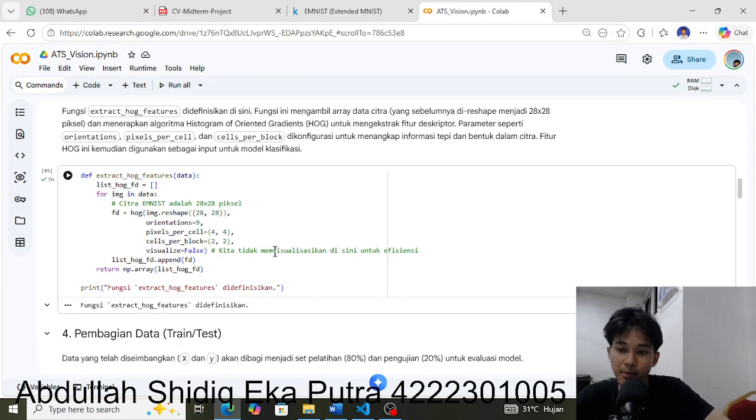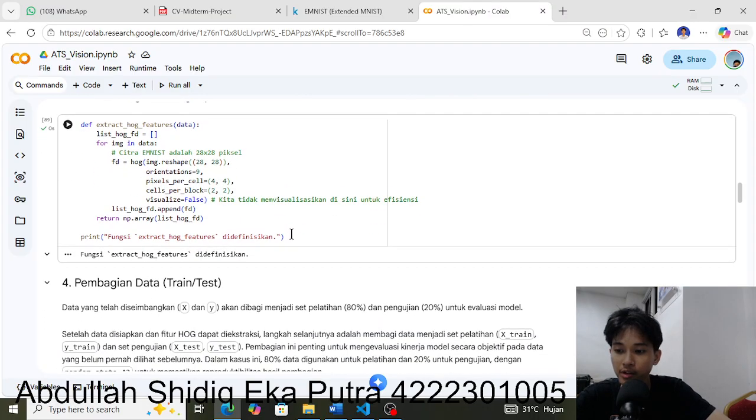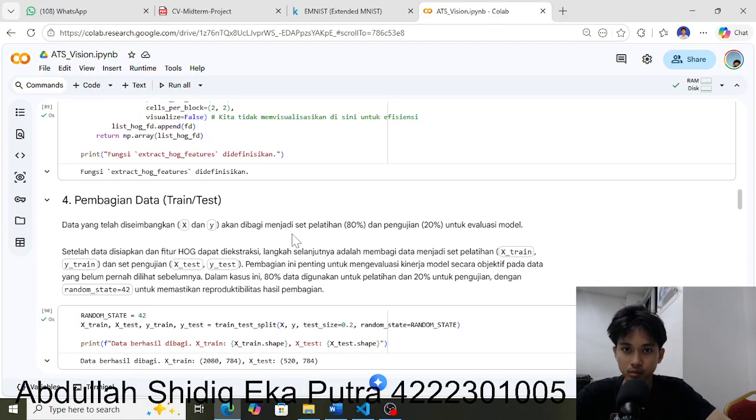We reshape the image to 28 pixels, and for the orientation I set 9. The pixels per cell is 4 by 4, and the cells per block is 2 by 2. After we define the extract HOG feature function, we split the dataset.